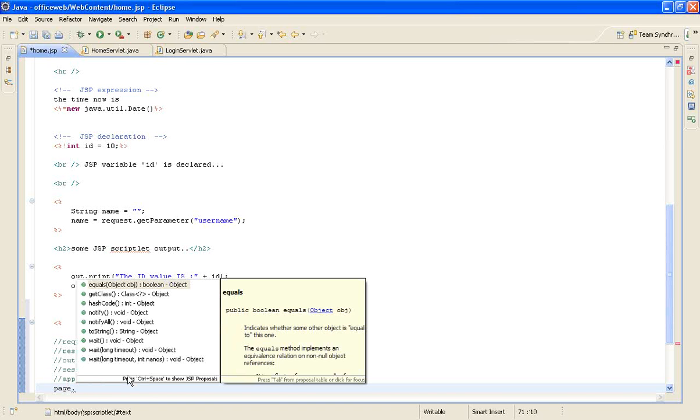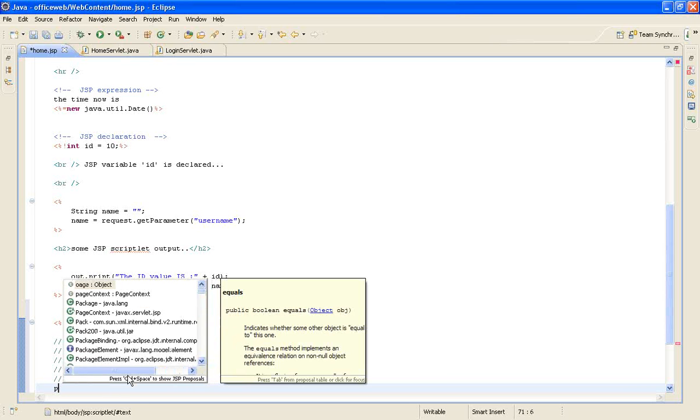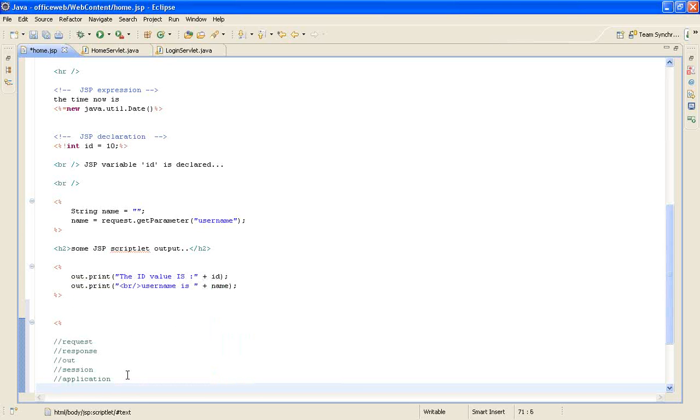Then you have something called page. This is specific to the particular page, meaning the request could be addressed by multiple pages as well. I might be including this JSP page in some other JSP. We know that, right? We looked at the JSP include part.